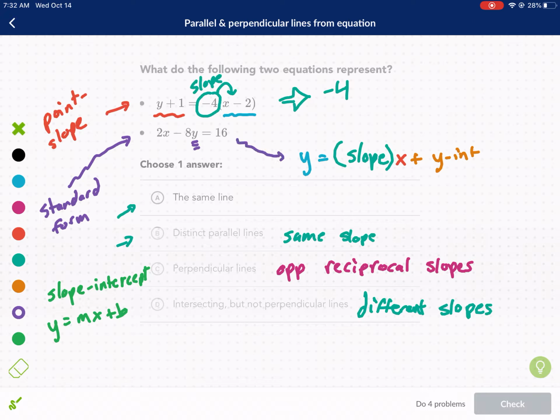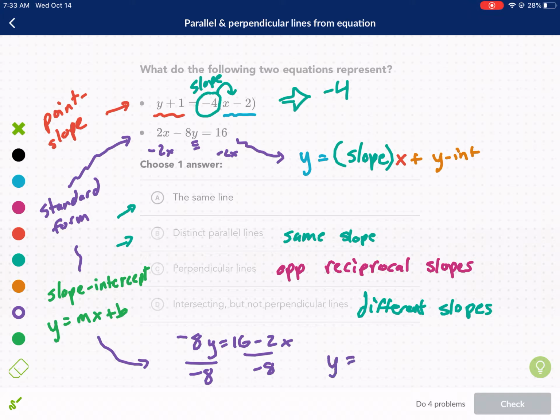So that's what we're looking to get standard form into. We're hoping to get it into that, so we have to solve for y. Let me go ahead and do that over here. The first thing I'm going to do is subtract 2x from both sides. So we have negative 8y equals 16 minus 2x. Now I'm going to divide both sides by -8. Keep in mind, I need to divide both terms on the right by -8. So I get y, by itself now, equals 16 divided by -8 gives me -2. And then we have -2x divided by -8. That gives me a positive